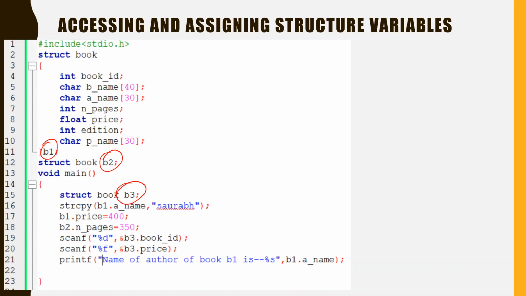These three books will each have all of these properties, one value for each property. Writing b1 dot book id, using this dot operator, would refer us to the book id of the book b1. Similarly, b2 dot book id simply means the book id of the book b2, and we have the same information for book 3.